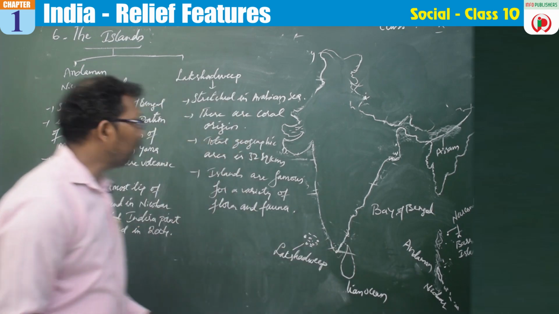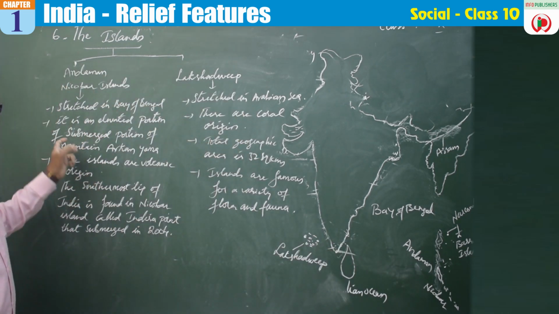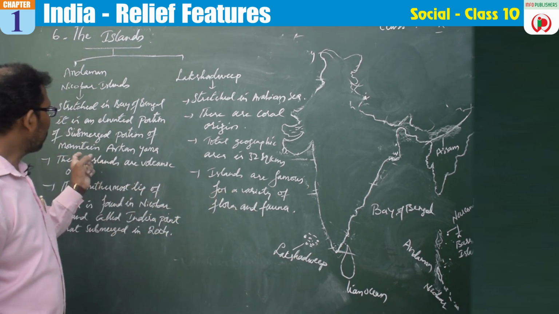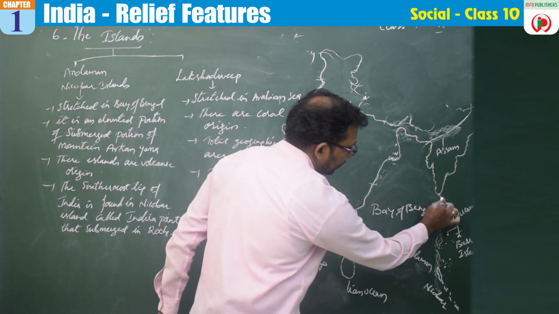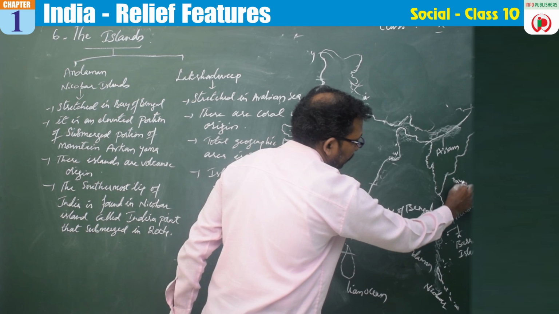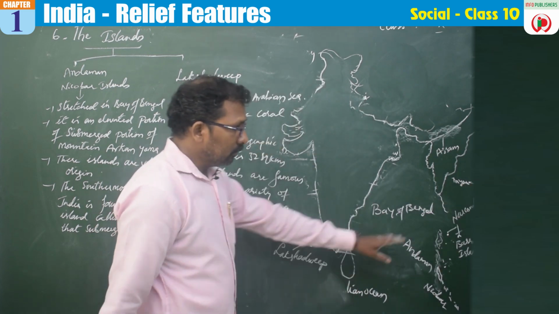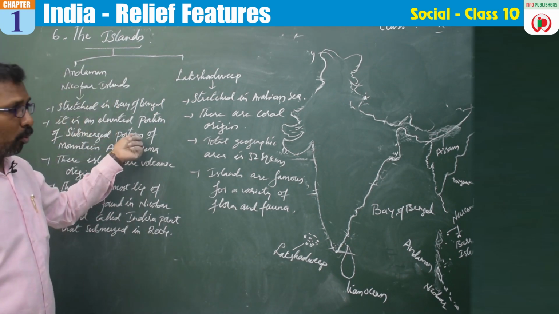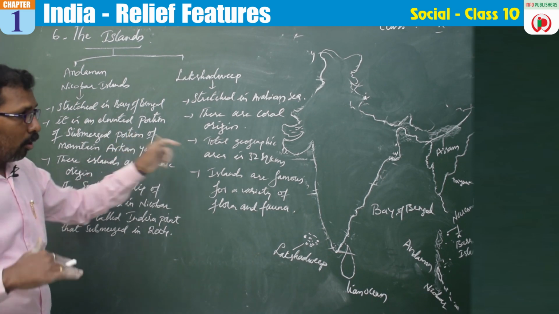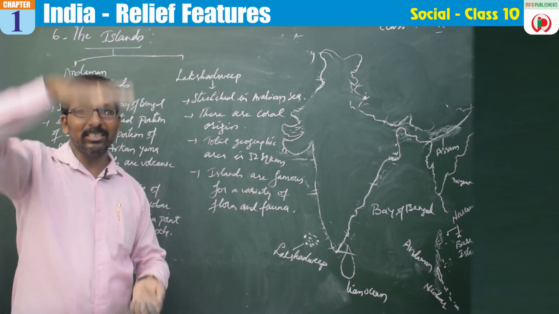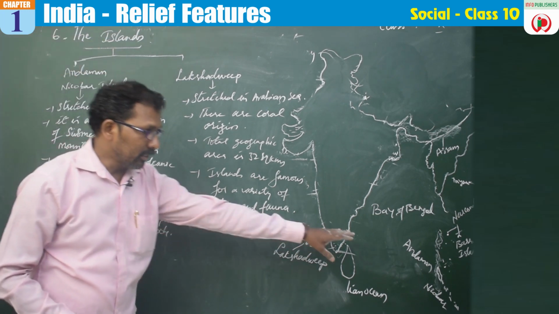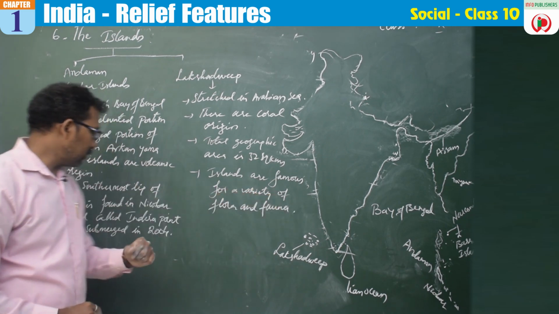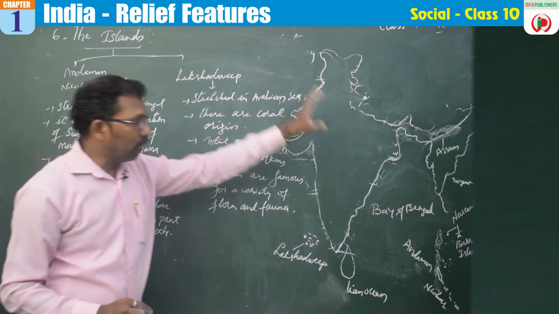And more about the Andaman and Nicobar Islands, right? These islands are an elevated portion of the submerged portion of the Arakan Yoma mountains. So this is Myanmar, right? Here is Myanmar. So this particular Andaman Nicobar is an elevated portion of the submerged mountains, and these islands have been formed. Then, as already told, these islands are of volcanic origin, and moreover, the southernmost tip of India